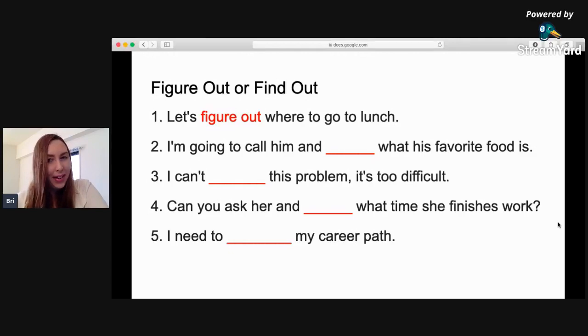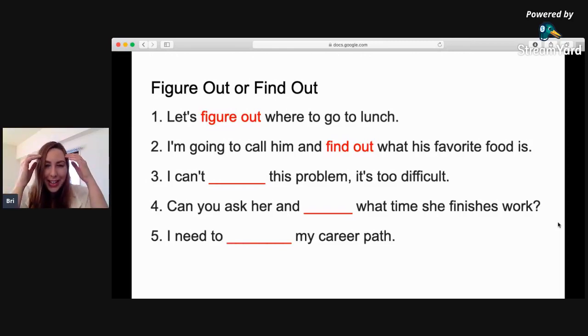I'm going to call him and find out what his favorite food is. So I just have to go and get the information. Okay, the information already exists. The answer is there. I don't need to think, right? I just need to ask. I'm going to call him and find out what his favorite food is. Okay? Number 3, I can't